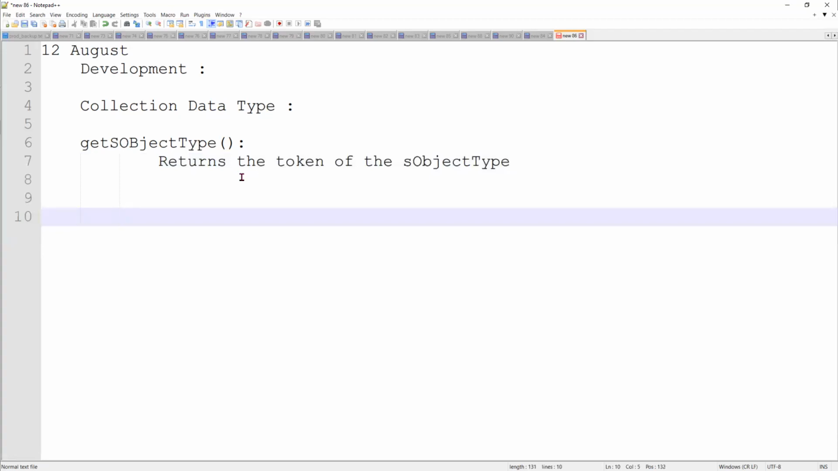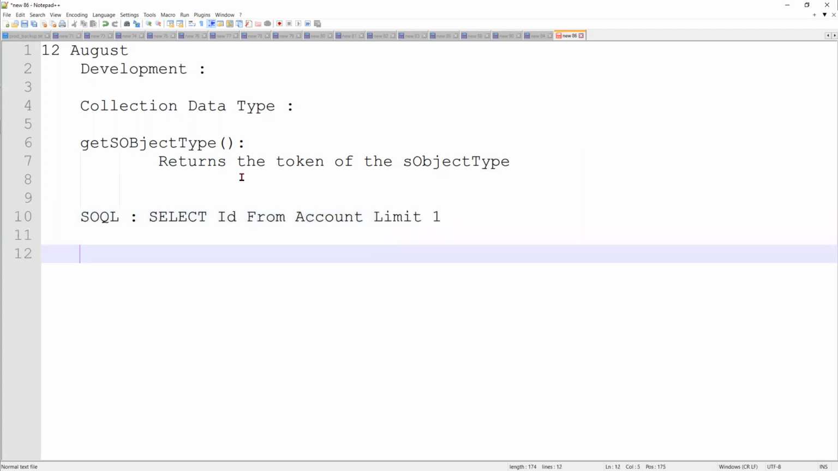For example, let's assume that I am writing a SOQL query. Ideally, select Id from Account limit 1. That means I'm querying from Account, just one record. When I query it, I want to store all this information into one container. Let's assume that SObject is the container. Let's give a name to it, equal to